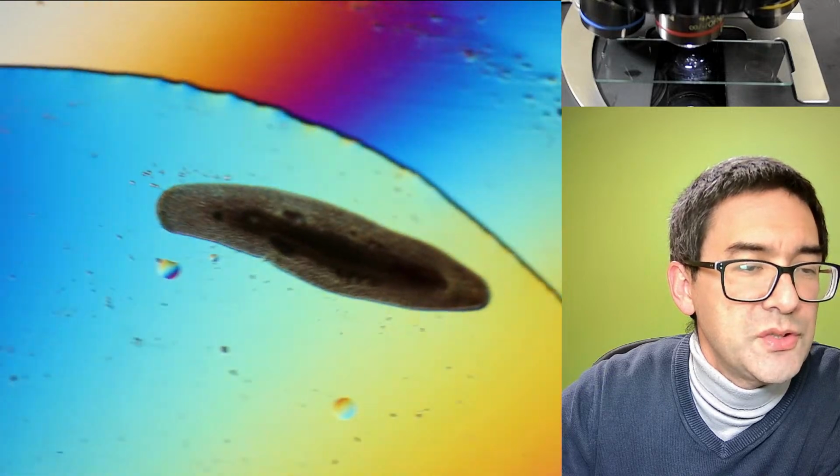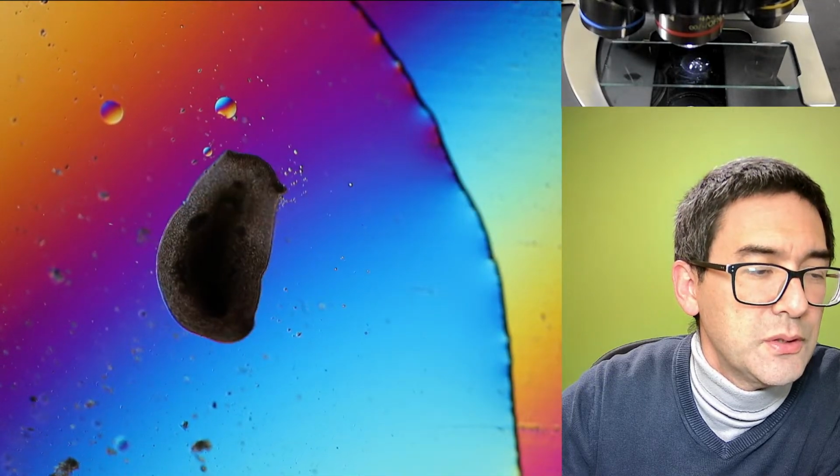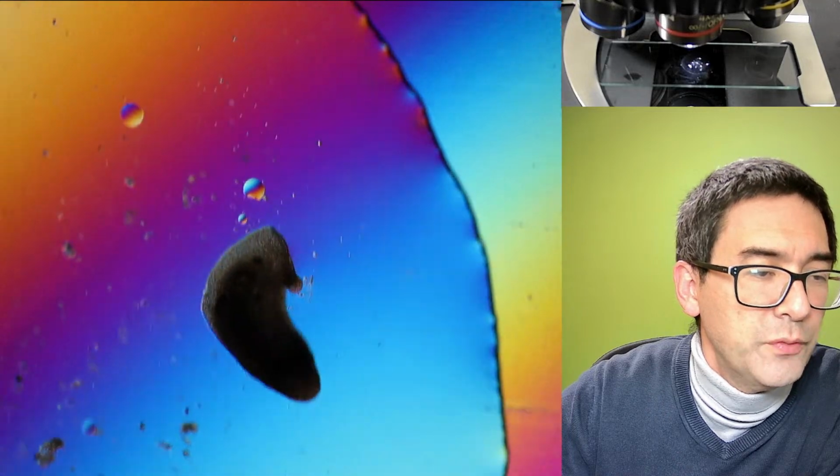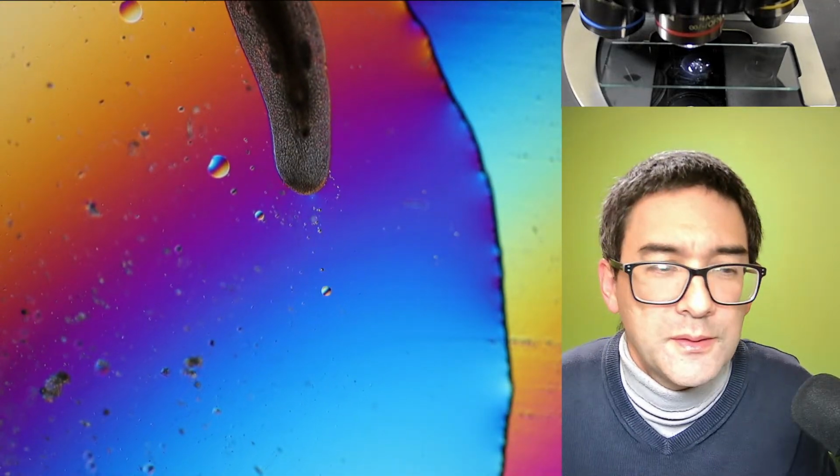It's actually also quite nice to see how the particles in there make the flow of the water visible. I'm a little bit off center because I was...